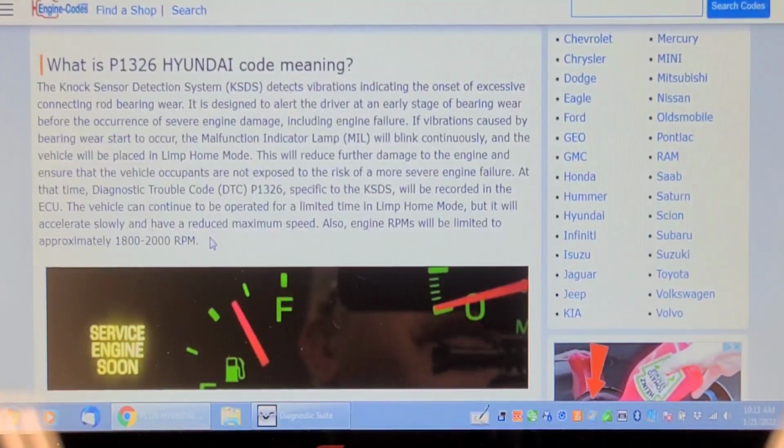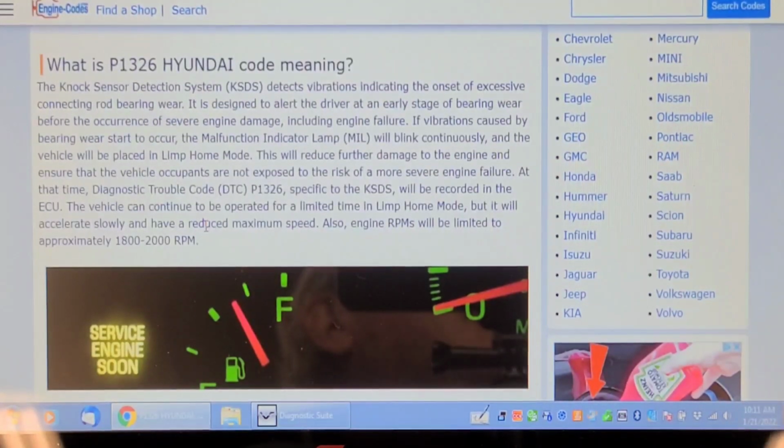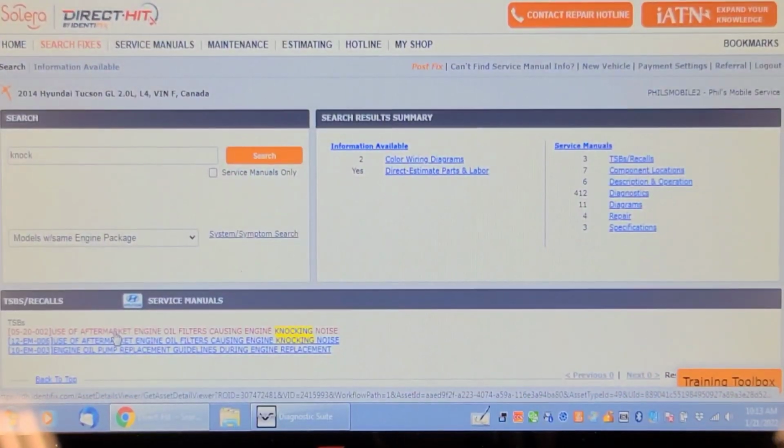RPM. So that explains what was going on and why the check engine light was flashing, but there were no reports of engine noise. I've checked the engine oil, it's clean, it was recently replaced. I found lots of cases where this has been occurring due to a wiring harness or wiring issues, and I'm checking to see if there's any TSBs on it. Not specific to the '14 Tucson, but newer '15s and '16 Santa Fes and such, I found bulletins. So I'm still searching. So back on the '14 Tucson, I searched for the keyword search of just the word